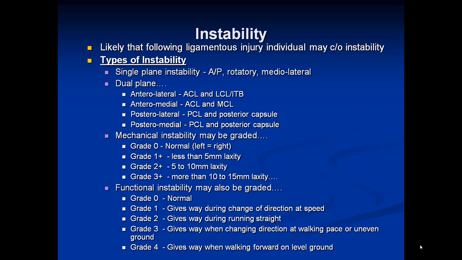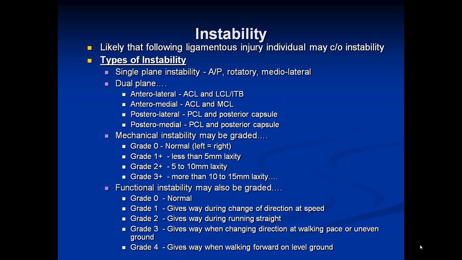Instability is a common symptom associated with any ligamentous injury. The types of instability are single plane, where instability only occurs in one plane, such as the sagittal plane, anterior-posteriorly, the transverse plane in a rotational direction, or the coronal plane in a medial-lateral direction. Instead of just single plane, there may be dual plane, where there is anterolateral instability, which is